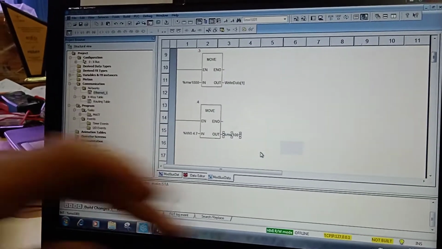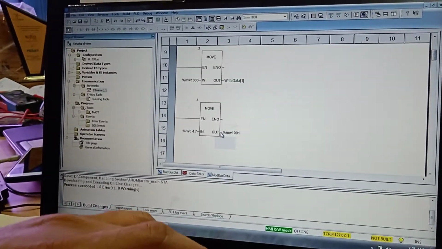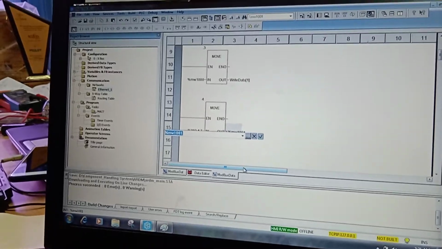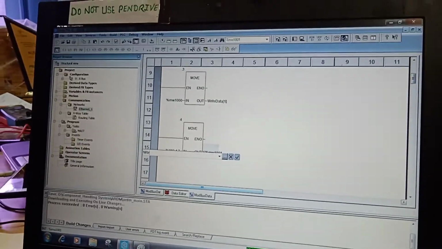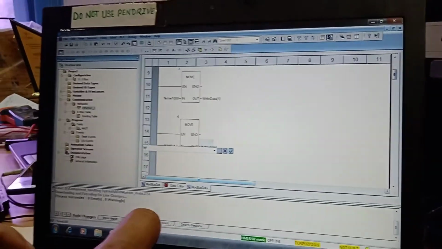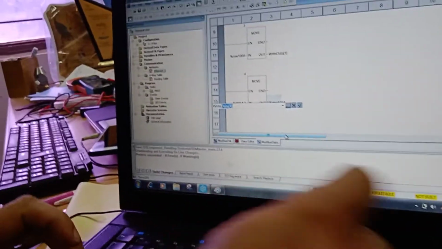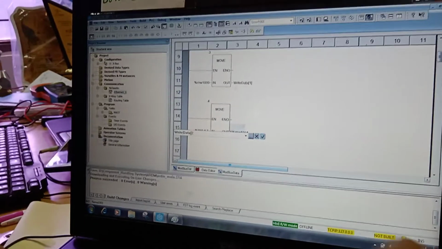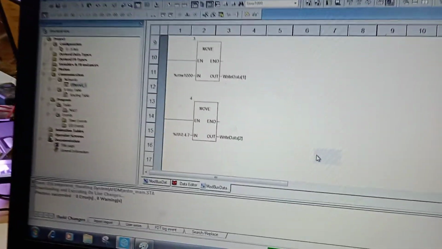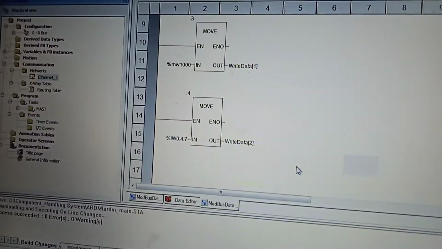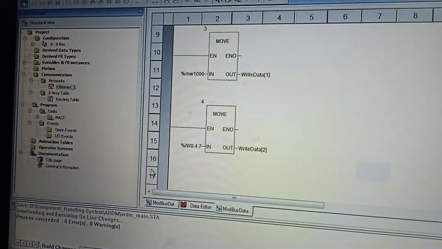Or, no need to do that, we can directly give it here to my second array element, write data, my second element. Okay, now my code is ready.